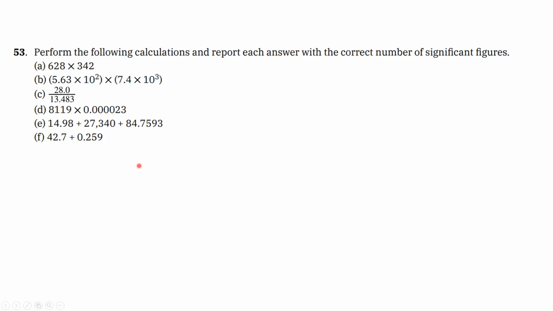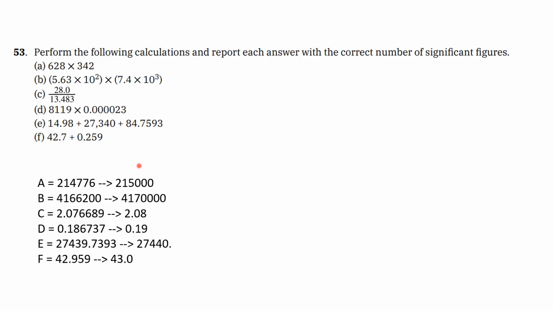So we have to round to whatever value goes to the least number of digits after the decimal, or if it's a whole number, we'll just have a whole number for our final answer. So as always, just pause the video if you want a little bit more time to work through those, because I'm just going to show the answers in 3, 2, 1. And then with these, we can see the calculator answer at first. So again, with all these calculations, just plug it in as you normally would. But then once we get that calculator answer, that's when we have to think about how we are going to